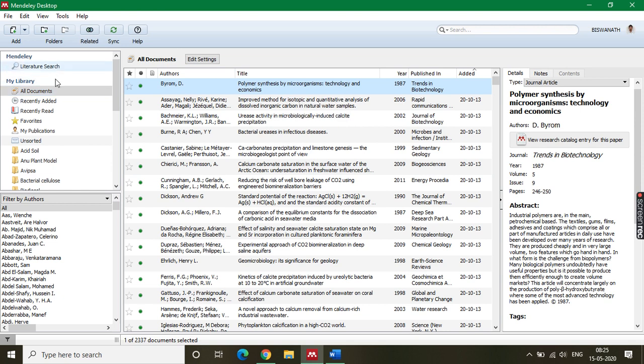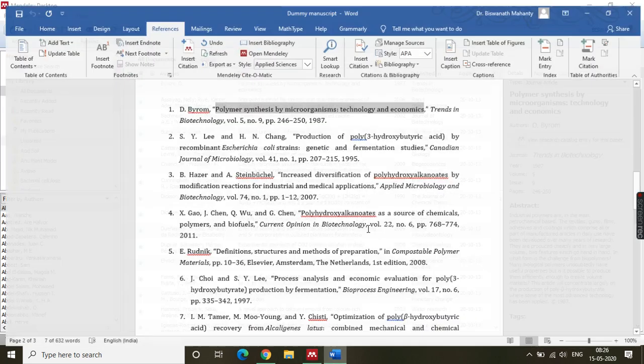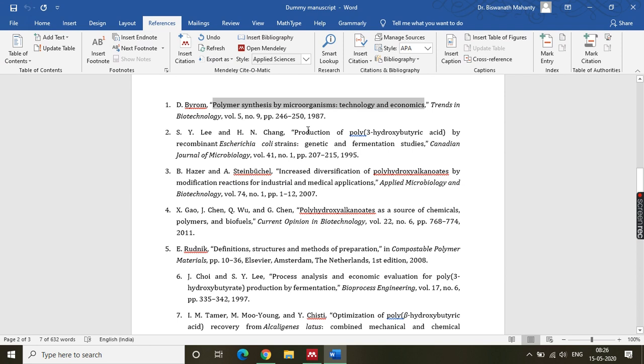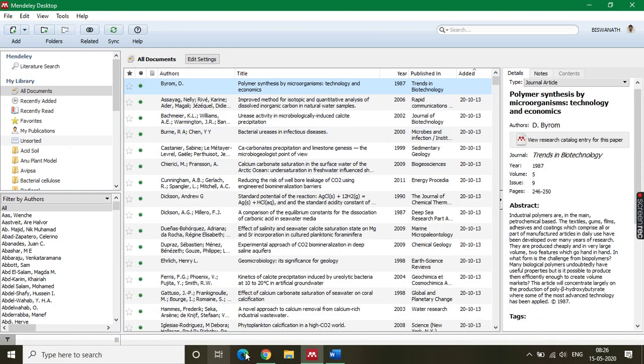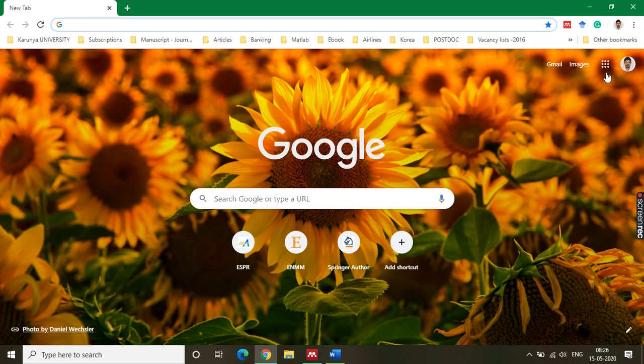Okay, the second option is that, for example, for the second paper I will do the other option. This paper also I want to put into my library. I have to put all those papers into my library for the first time. So for example, this second one, production of this, I want to put into my library. The second option is that I will use the Chrome browser to put it. That means I will use the web importer app.